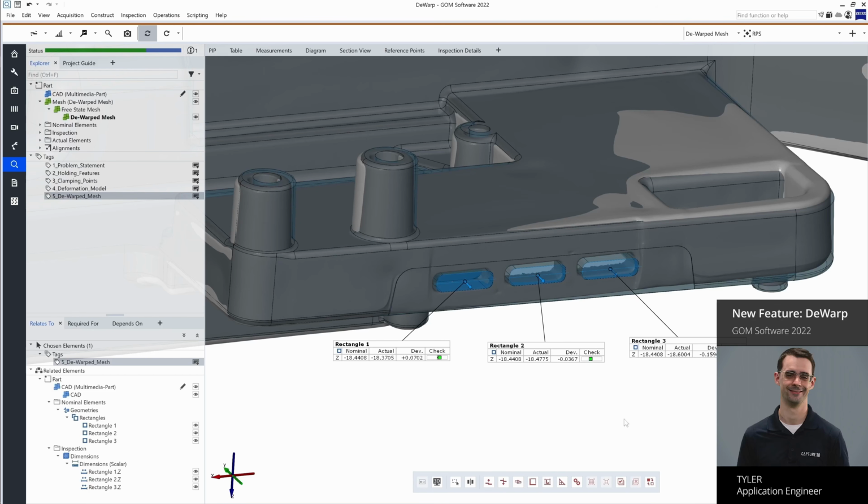for production purposes. What's really cool about the dewarp package, besides the fact that it's free, is that it is totally parametric. Any mesh you add to this project template will have the exact same calculations performed, meaning that you can have all the benefits of a custom-made clamping fixture with none of the cost.